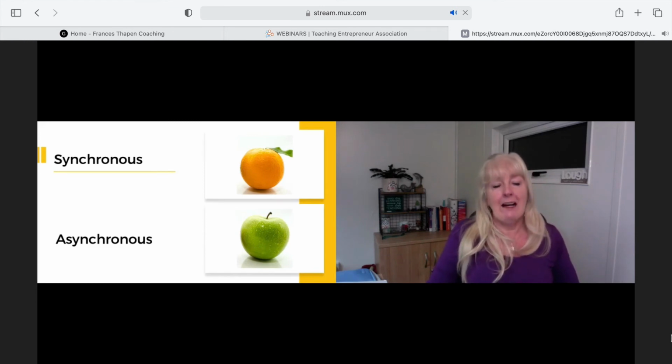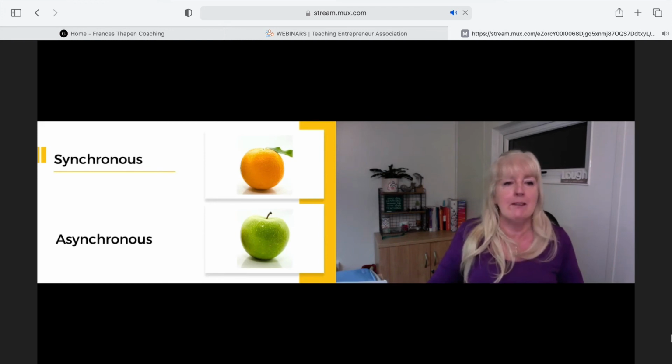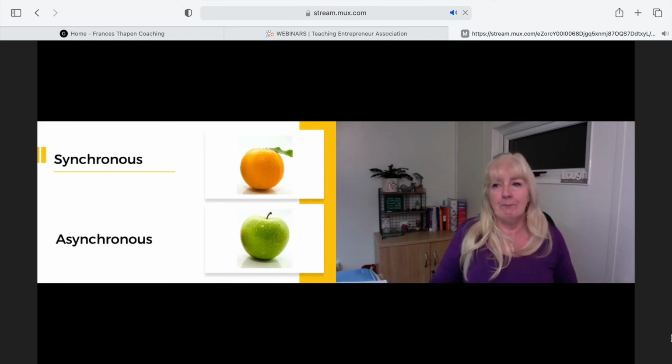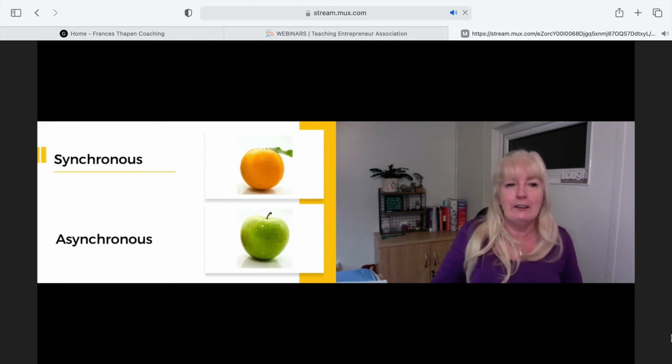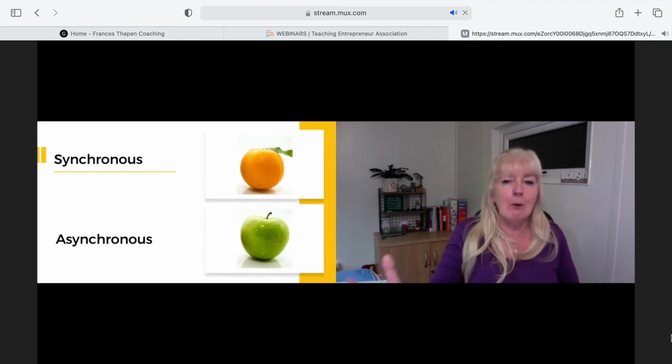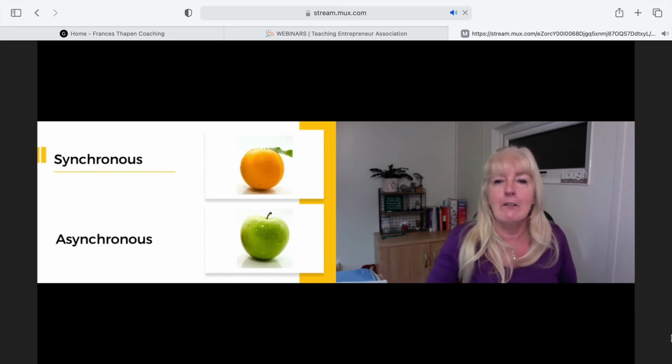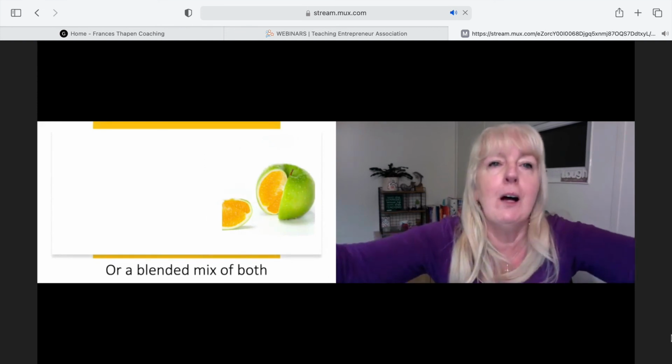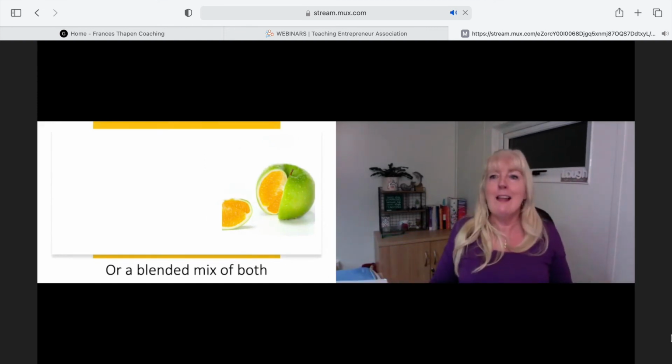Your learners also have to be really self-disciplined. They have to be the type of person who will go on and do all the work with no real outside support from the teacher, and they may struggle if they don't have that sort of teacher guide. So what if we could take away all those disadvantages and change it? Instead of there being either an apple or an orange, like I've got here on the screen, you could actually do a blended mix of both. Wouldn't that be brilliant?